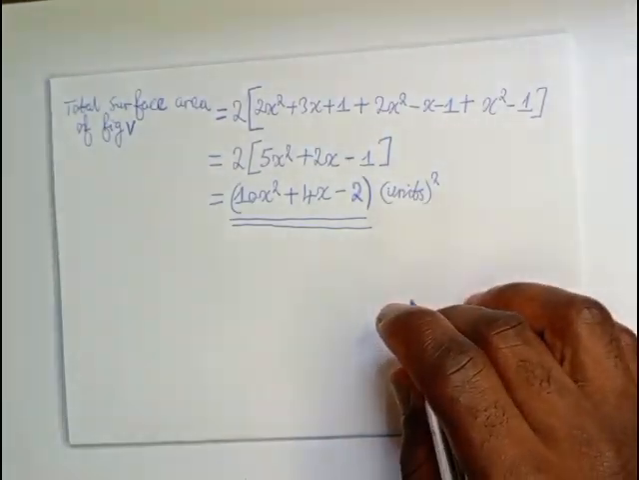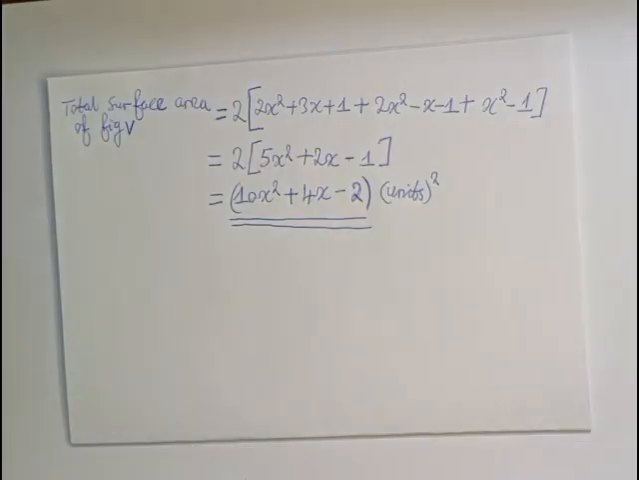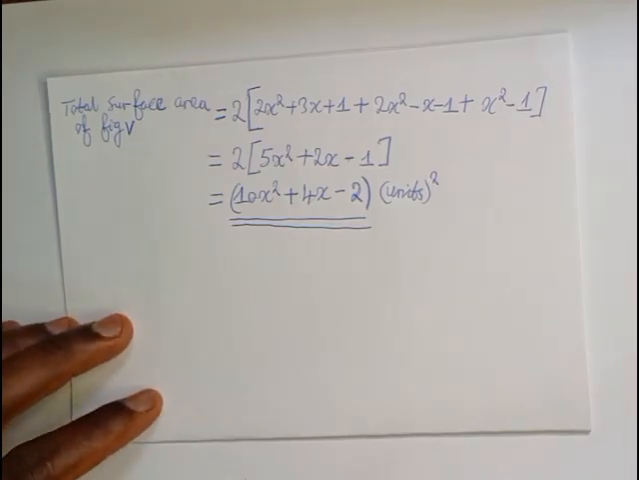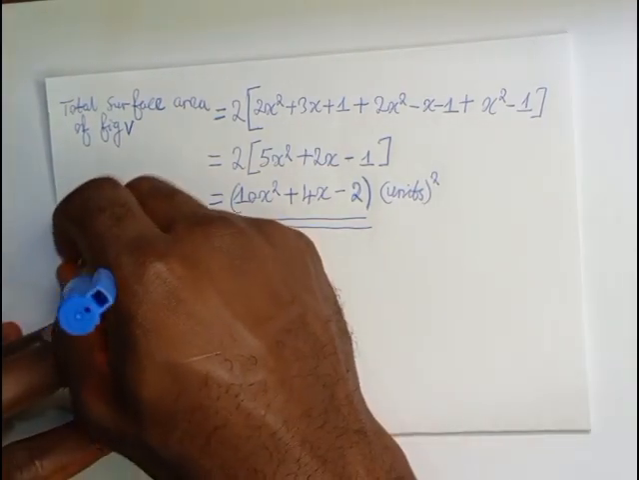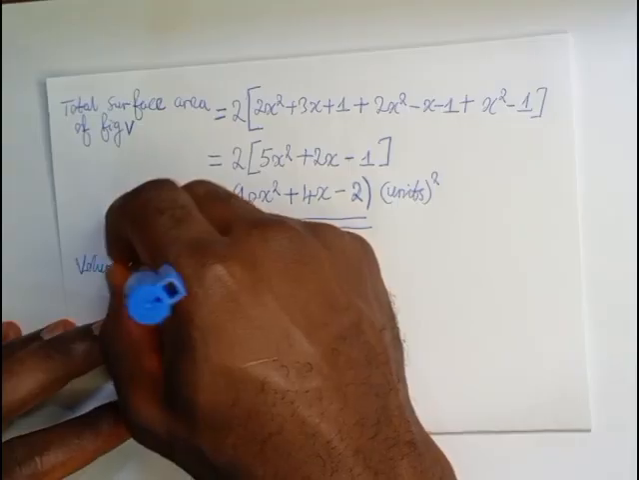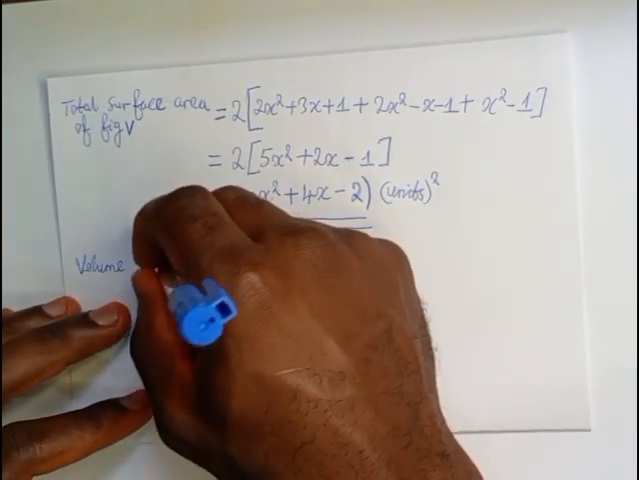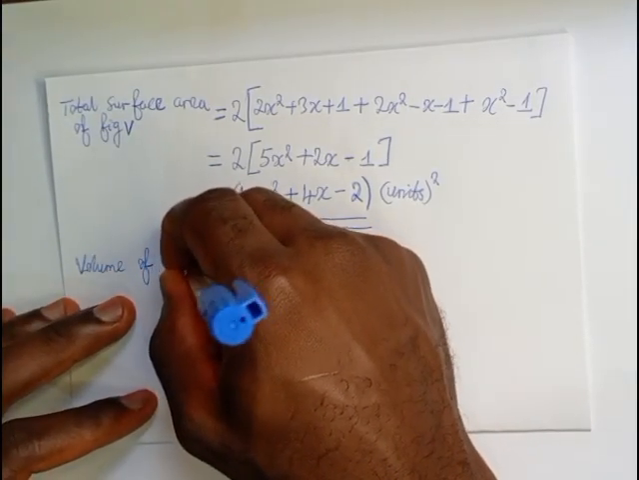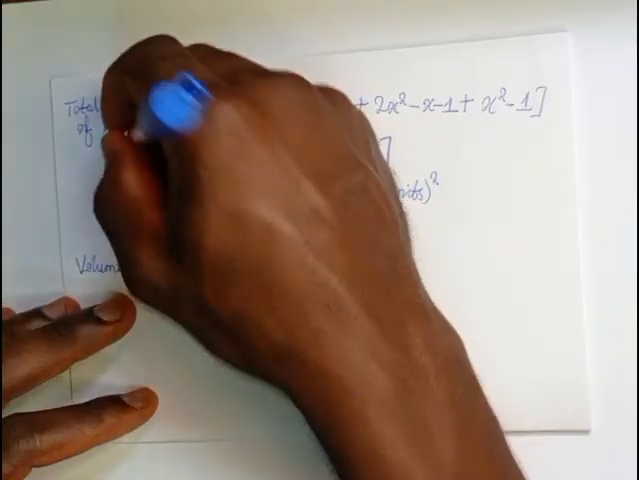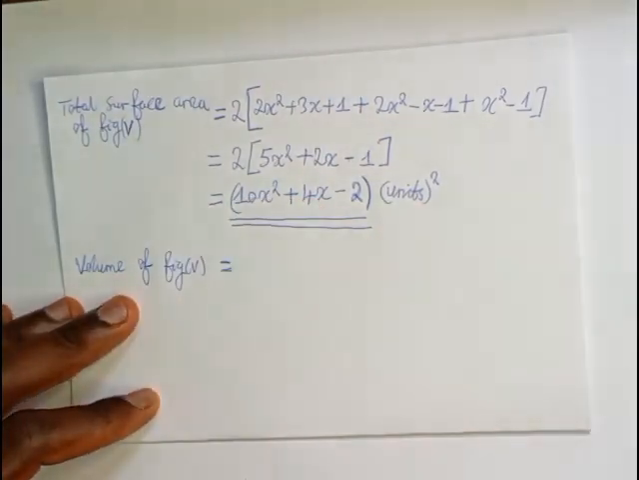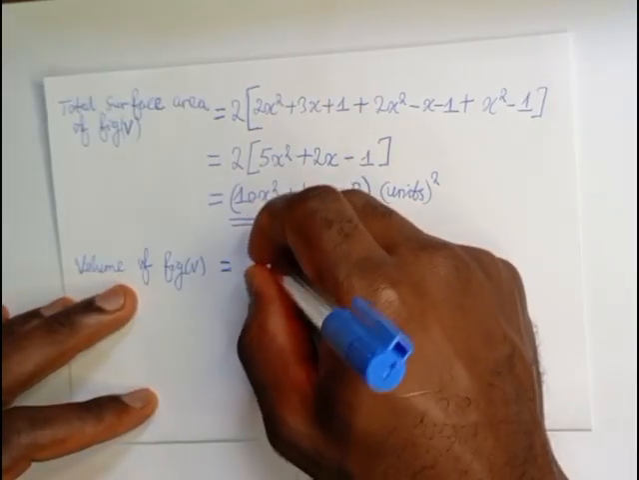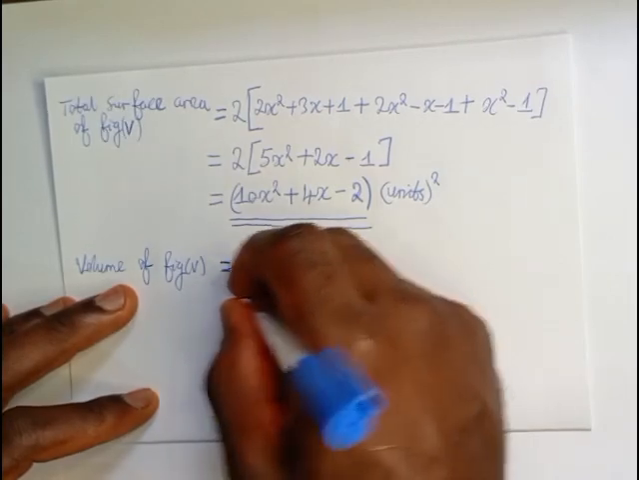Remember, area is measured in units squared. Centimeter squared, meter squared, kilometer squared. Next, we have to calculate the volume of figure 5. It is simply equal to the length times the width times the height, and this will be